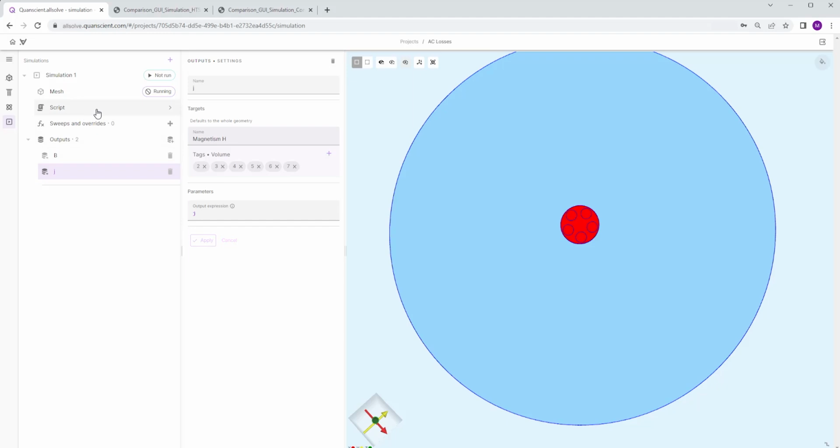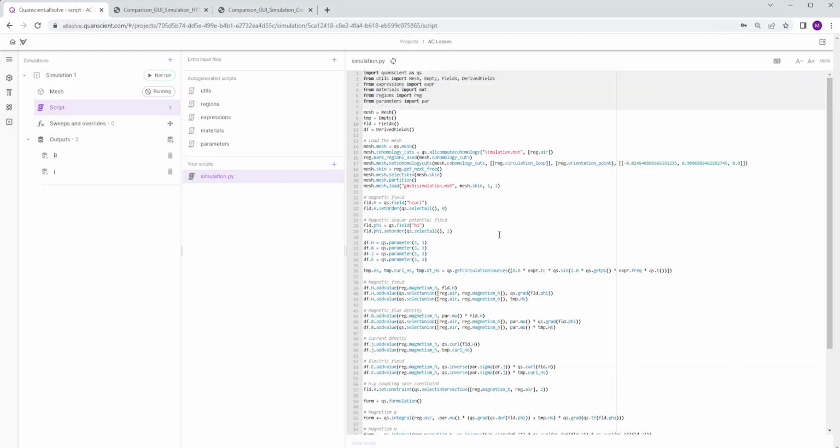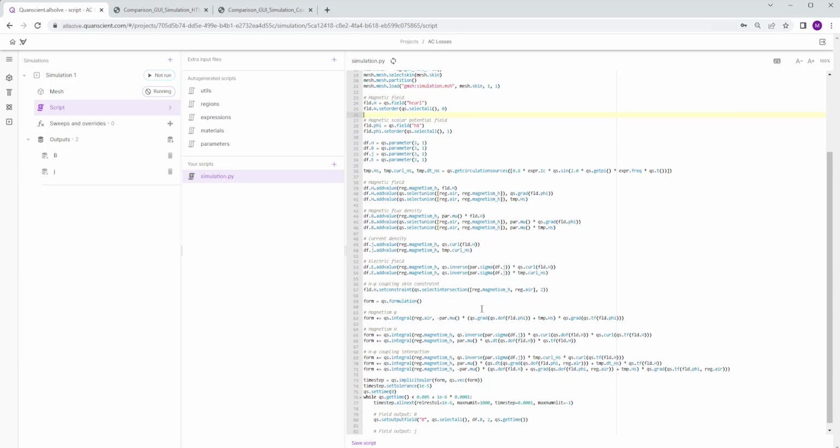With that, we would be finished and we can run our simulation, but with some minor changes in the script, we can speed up the convergence and get better accuracy. So first, we can reduce the order of the phi formulation from 2 to 1. And then we're going to linearize our Newton iterations for the superconducting region.